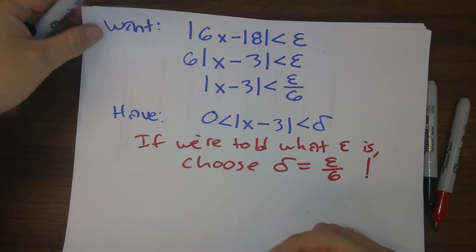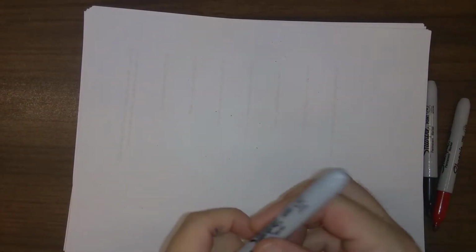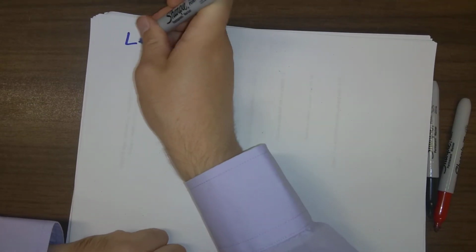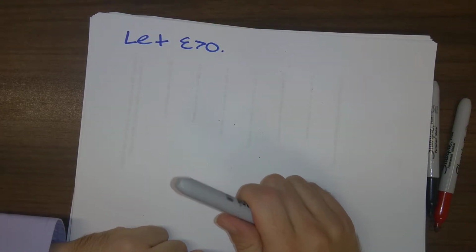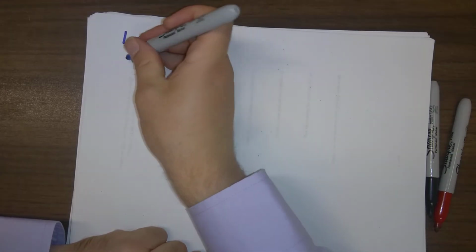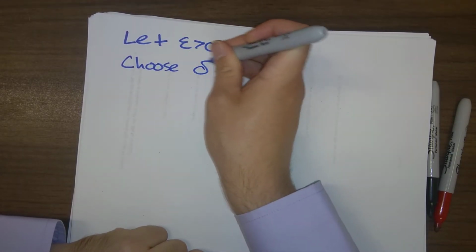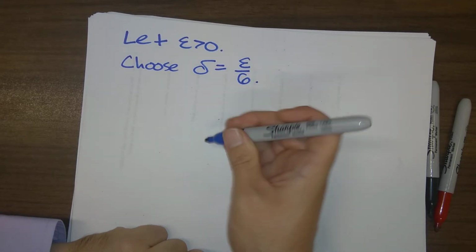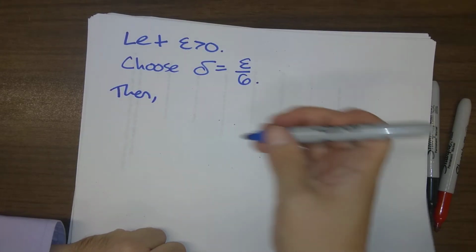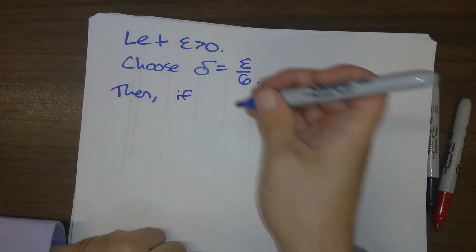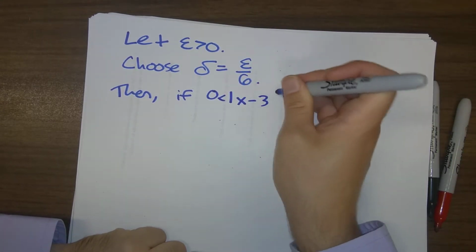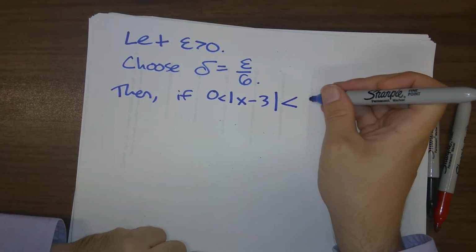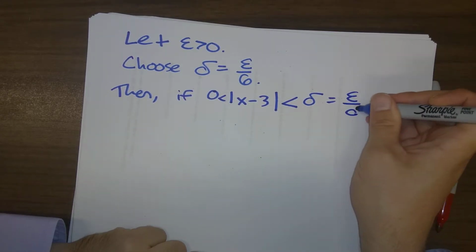So what does our formal proof look like here? We would say: let epsilon be greater than 0. So we're supposing here that epsilon is given to us. We're going to say choose delta equal to epsilon over 6. Then, if the absolute value of x minus 3 is less than delta, which is epsilon over 6,